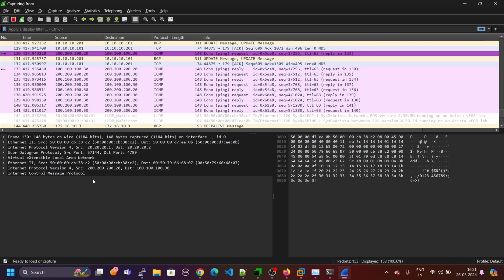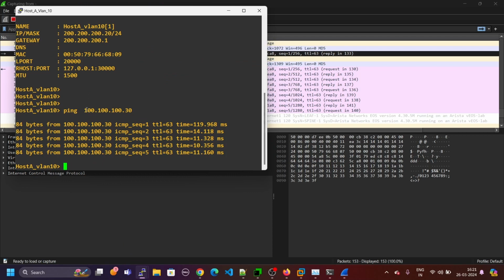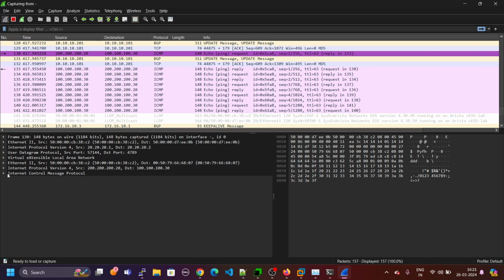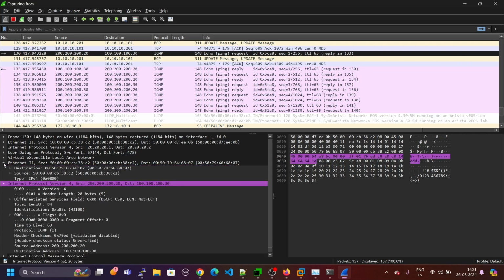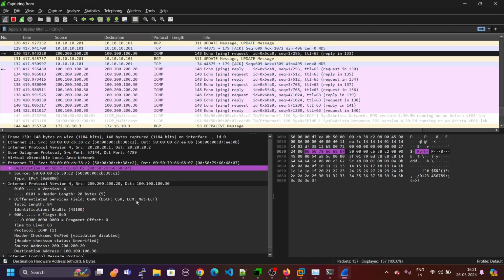Here we can see from 200.20 to 100.30, 100.30 from 200.20. We are having this packet. This is the internal IP packet here. This is the Ethernet header here. You can see in the header, the destination is 6807. 6807 is the MAC address of the end host. This one,